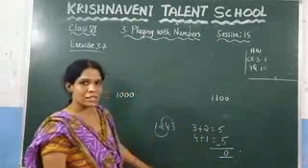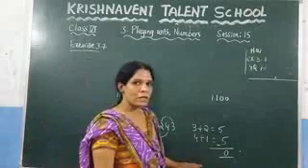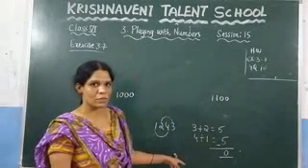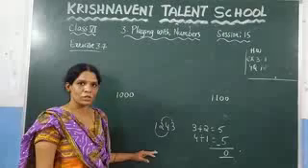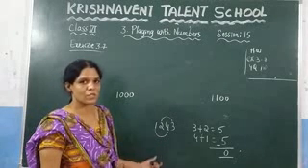is 0. If the result is 0, we can say that the given number is divisible by 11. This is the divisibility rule. So many problems we have done based on this rule.